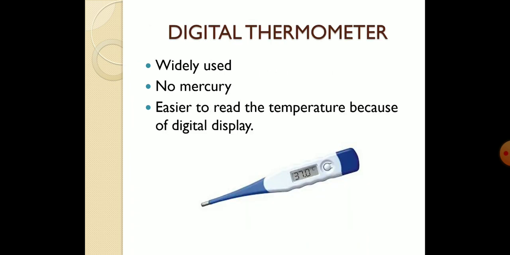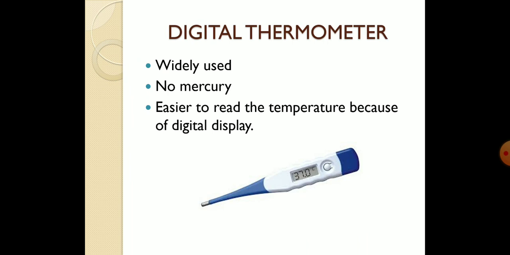Coming to the digital thermometer, it is widely used. There is no mercury here. The mercury which we use in those two types, the clinical and the laboratory thermometer, is a liquid, actually a liquid like water. It was used in thermometers mainly to give the temperature, because mercury has the property of rising. At a particular temperature, it will start to rise. So that property we use for our